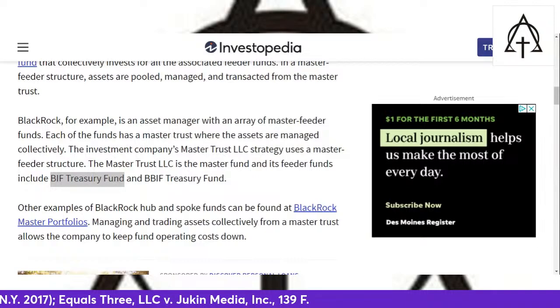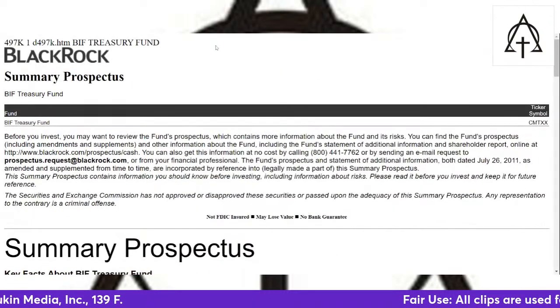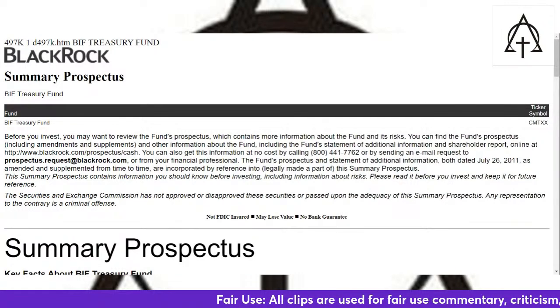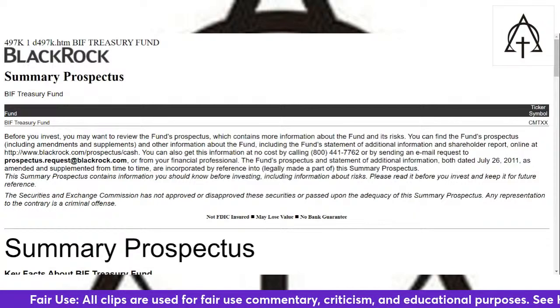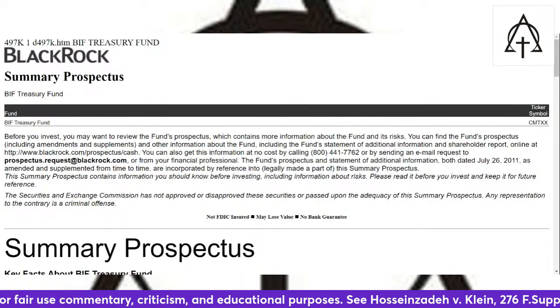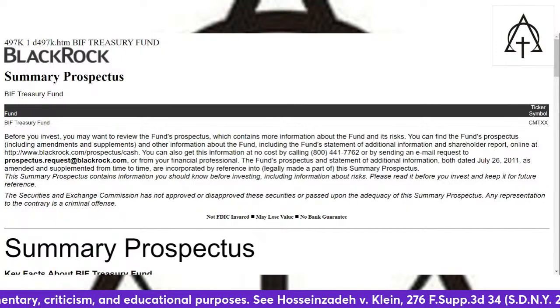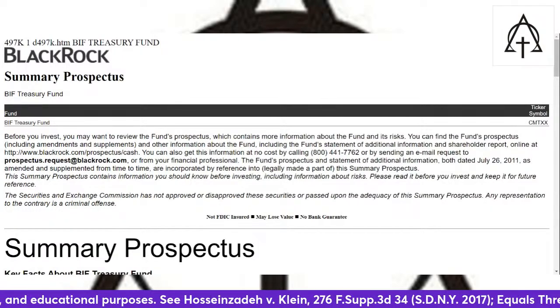But it does tell me what the SEC is. BlackRock Summary Prospectus. BIF Treasury Fund. Before you invest, you may want to review the fund's prospectus, which contains more information about the fund and its risks. You can find the fund's prospectus and other information about the fund, including the fund statement of additional information,